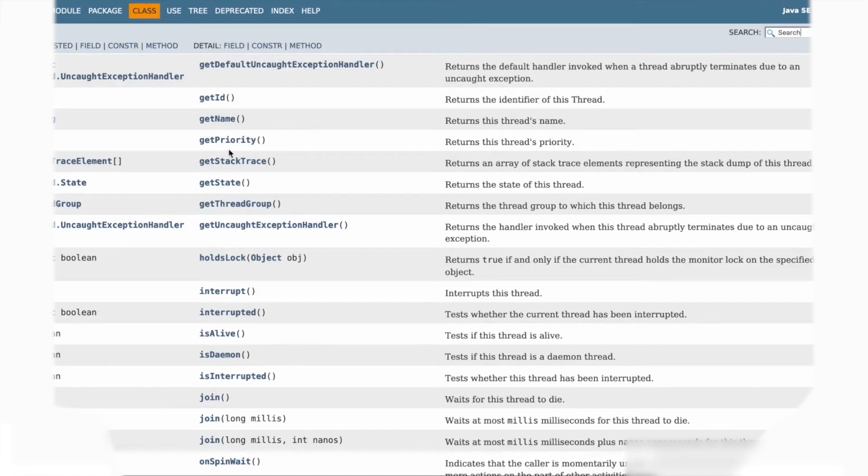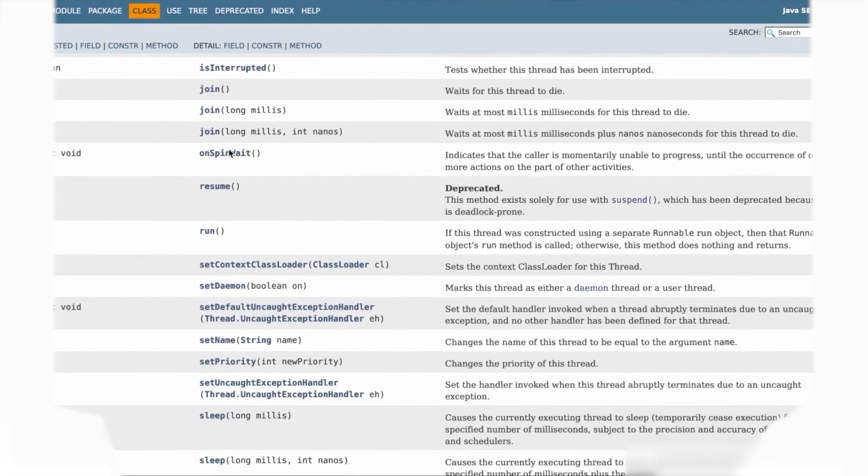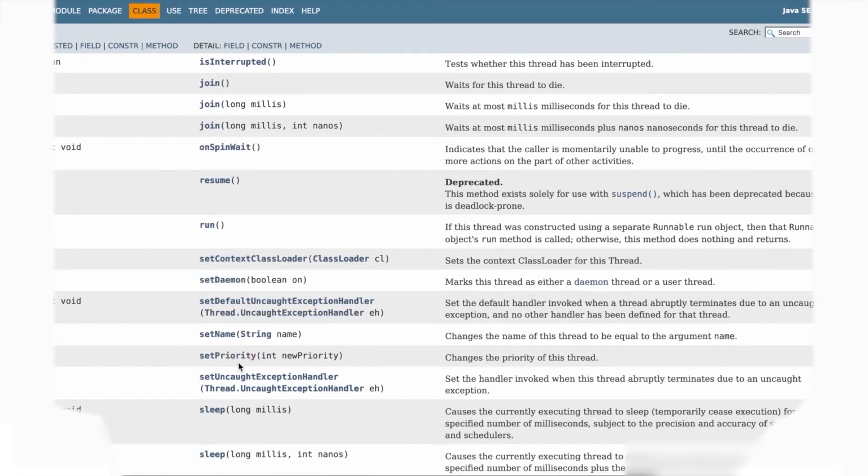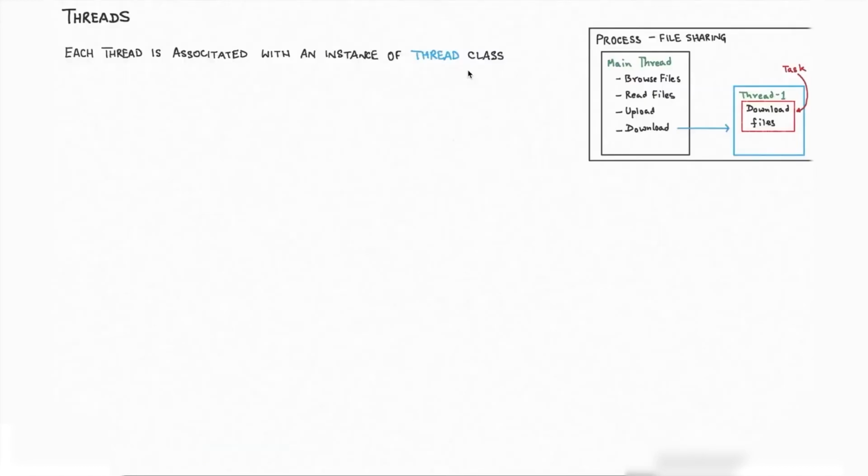We can use the getPriority method to get the priority of a thread, or we can manually set the priority of a thread. Usually we pass an integer as the new priority, and this is an integer between 1 and 10, 10 being the highest priority. Great. Now that we know what the different methods of the Thread class are, the question is,